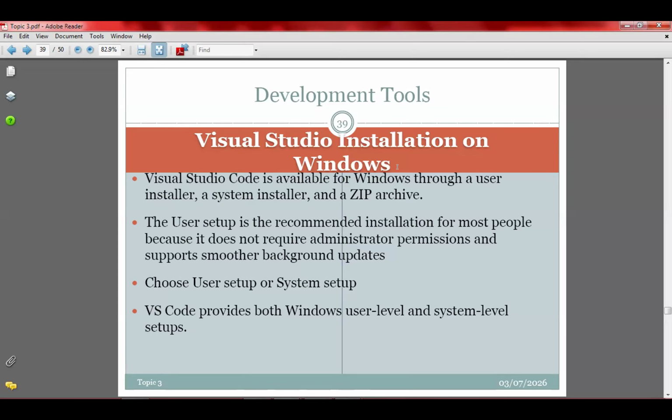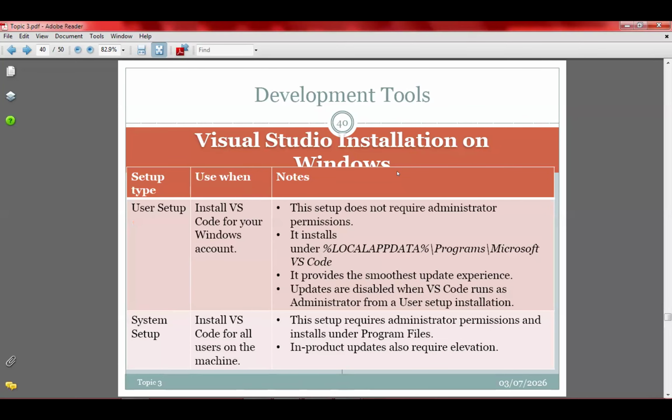So if you download the VS Code that you want to install, just use the user installer. If you look at slide 40, there's a table there. If you are using the setup type, user setup, then you can install VS Code for your Windows account. You don't need any administrator permission.